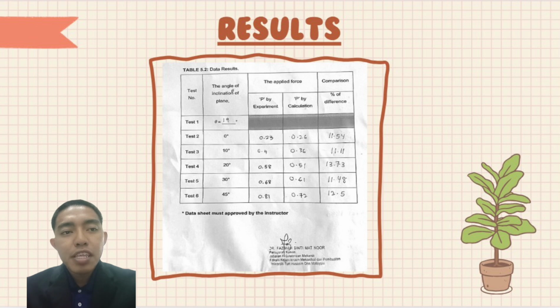And the last one, test 6. The angle of inclination of the plane is 45 degrees. The applied force by experiment is 0.81 and by calculation is 0.72. When we compare, we will get